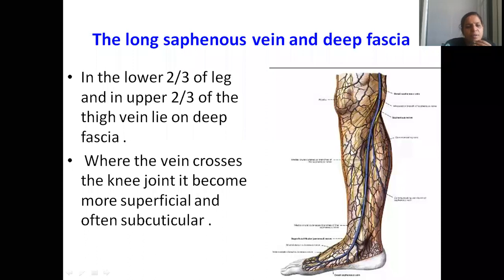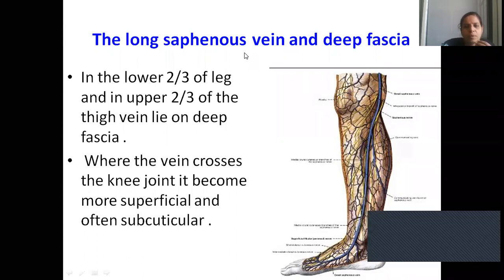Then what is the deep fascia of leg called as? Fascia cruris, right? Fascia lata in the thigh, fascia cruris in the leg, isn't it? So it is passing through the fascia cruris first and then into the fascia lata. So this great saphenous vein crosses the knee joint, and then it becomes more superficial, and then